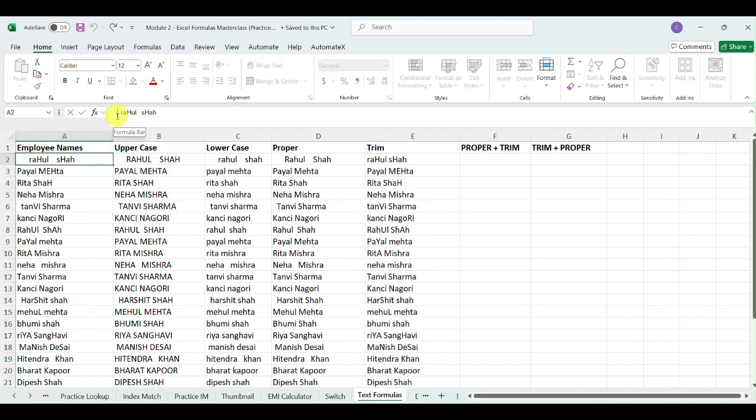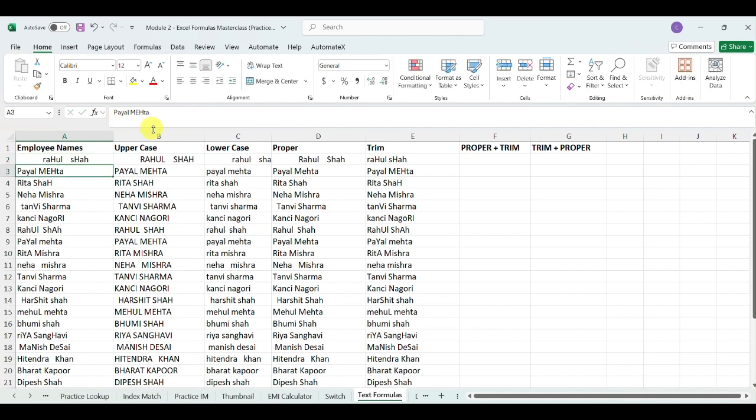You see, even if we increase the space and press enter, it has impacted upper and lower because those were not dealing with the additional space, but it has not impacted trim. Getting my point? So coming back here, removing some additional space, not all of them, but a few more that I had inserted just to fit the display.